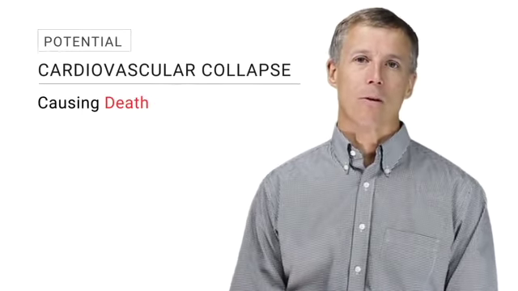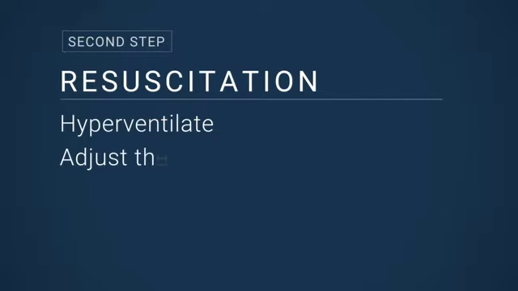Patients who have a metabolic acidosis are going to try and compensate for that through increasing their minute ventilation. If you take a patient who's got a significant metabolic acidosis and put them on a ventilator with standard initial ventilatory settings, that acidosis is going to get worse, leading to profound metabolic acidosis and potential cardiovascular collapse. So you really need to hyperventilate these patients on the initial settings and then adjust the ventilator as needed based